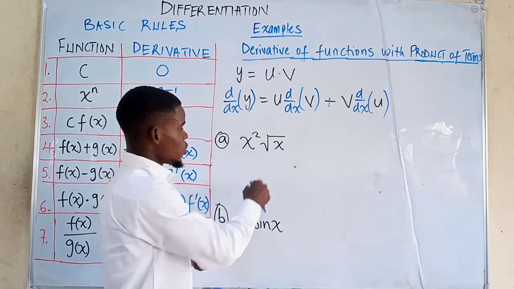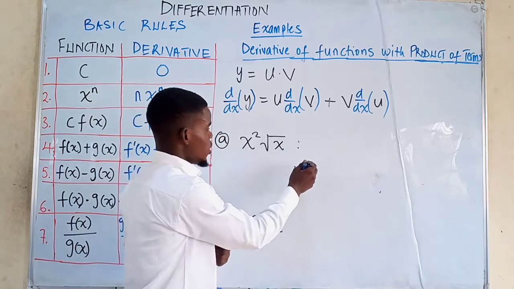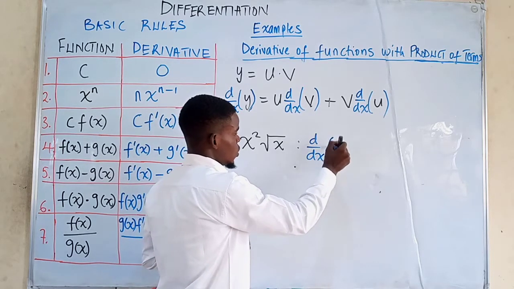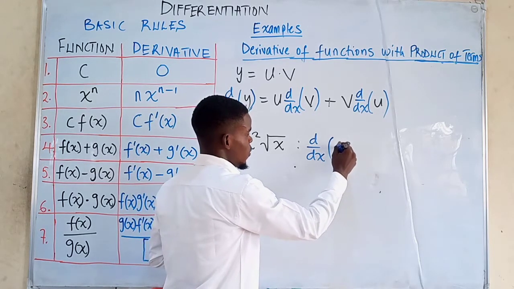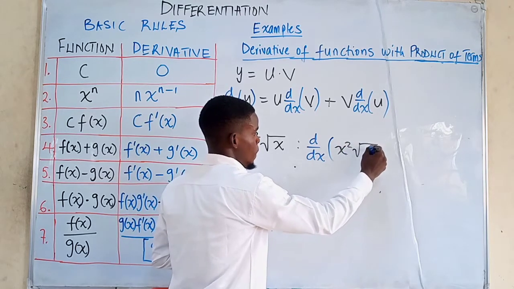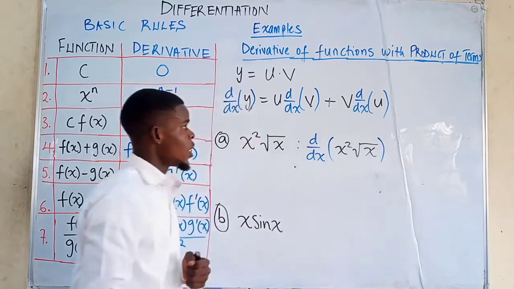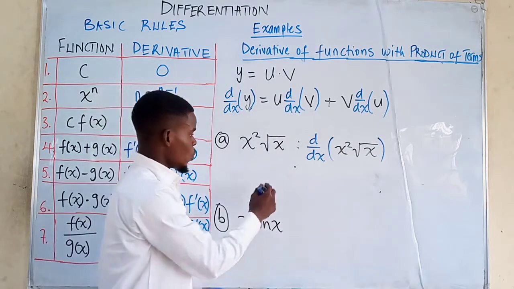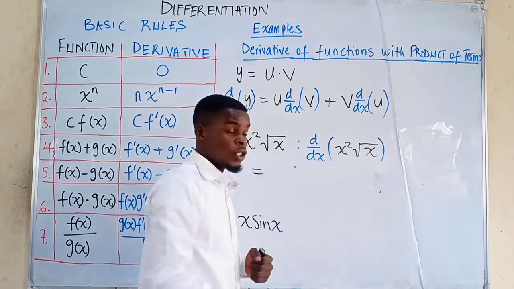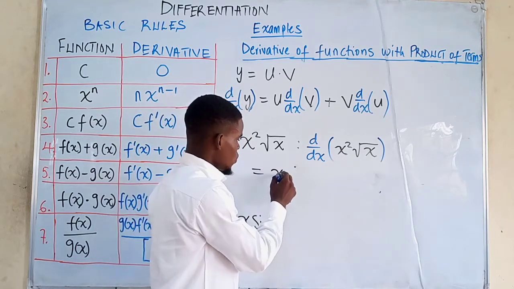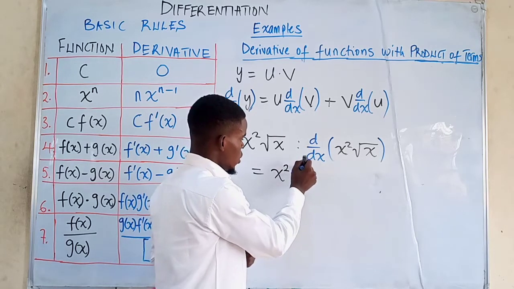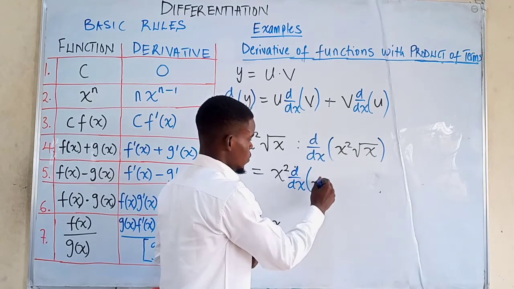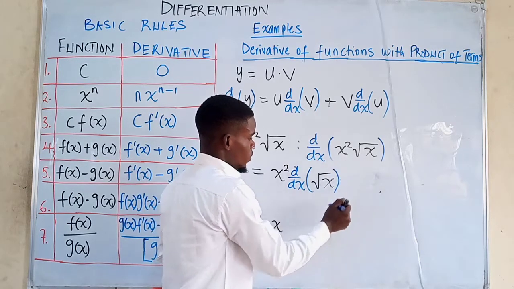So we have the function to be this way. I'm going to put it down that the derivative with respect to x of this function, which is x squared times the square root of x, will just give us, from this rule, we keep the first one and differentiate the second. So we keep the first part of the function, which is just x squared, and then we differentiate the second function, which is the square root of x. And then we add it with,